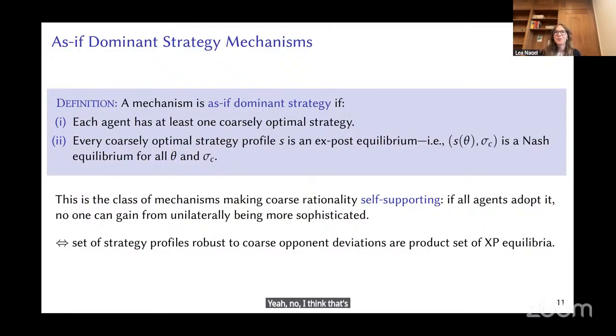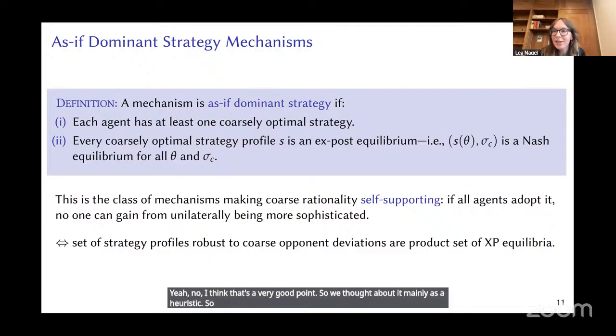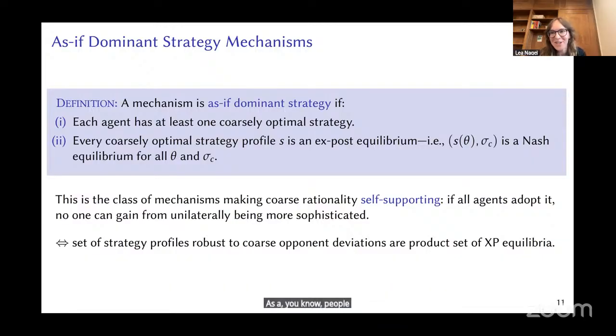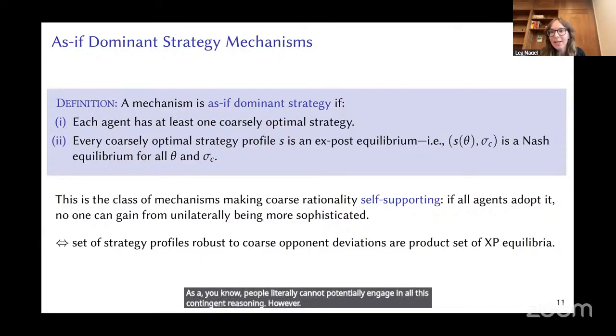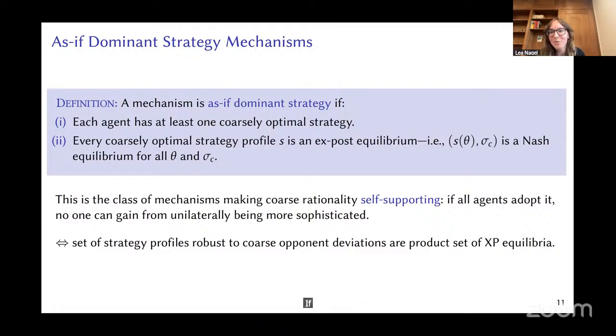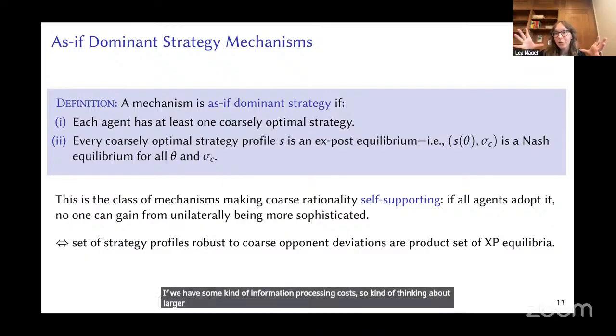So we thought about it mainly as a heuristic, as people literally cannot potentially engage in all this contingent reasoning. However, you are absolutely correct that, once we have an as if dominant strategy mechanism, and we actually had this micro foundation in a previous version of the paper, you can show that if we have some kind of information processing costs, so thinking about larger behavior spaces for the others as we're determining our best response,